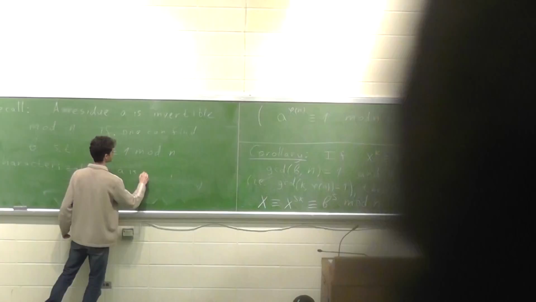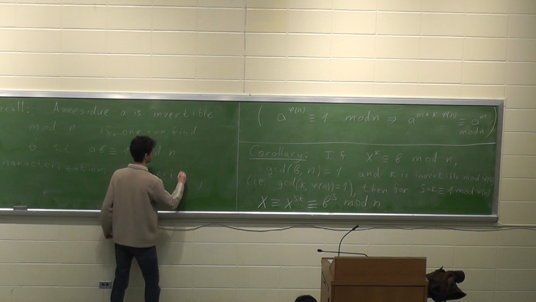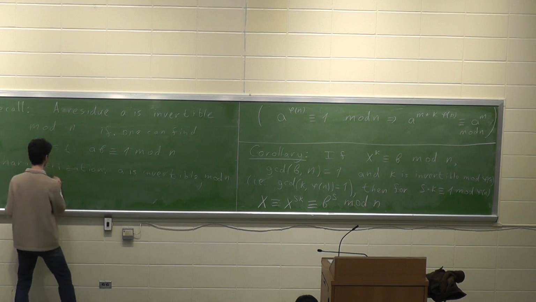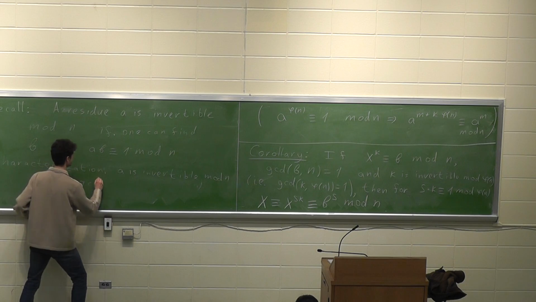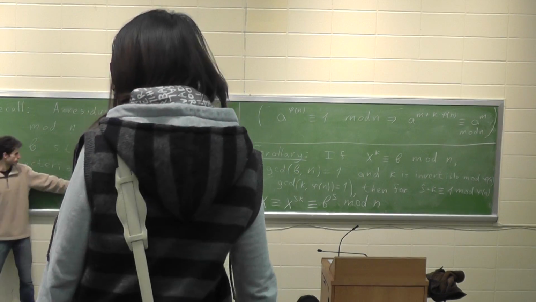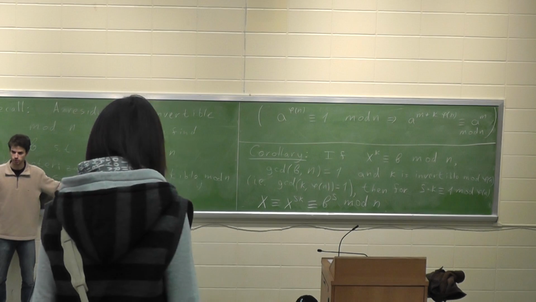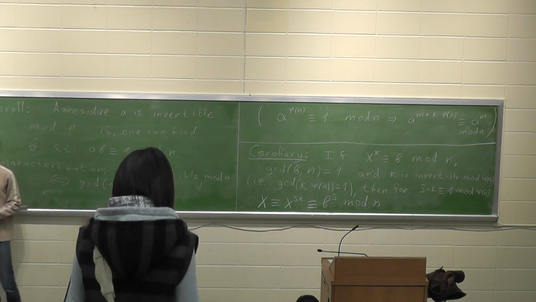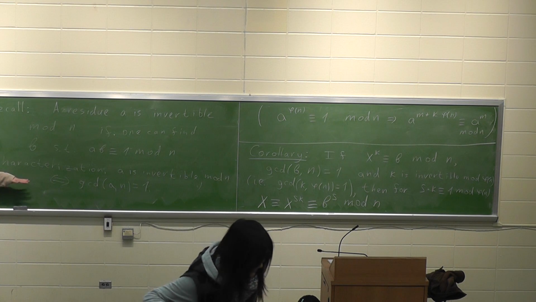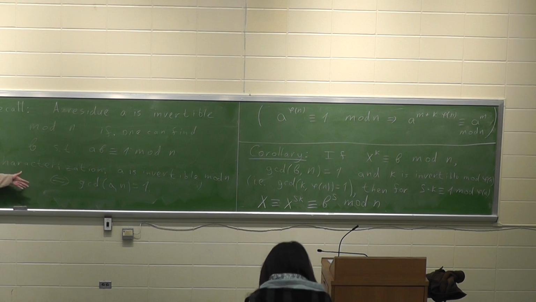a is invertible modulo n if and only if the GCD of a and n is equal to 1. So all the numbers which are relatively prime to n are invertible. All those which are not relatively prime to n, which share some common factors, are not invertible modulo n. And basically, that's a very simple characterization. You can prove it quite easily using